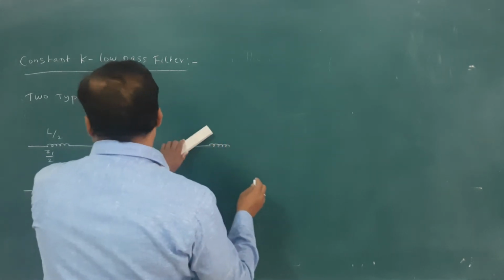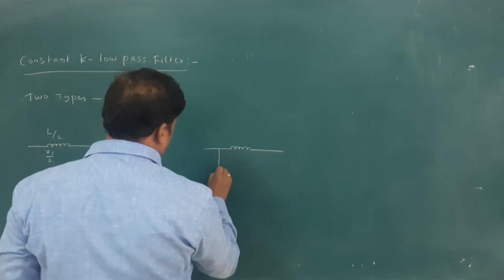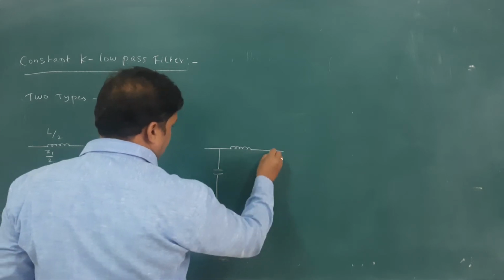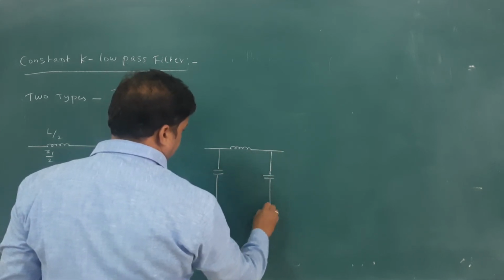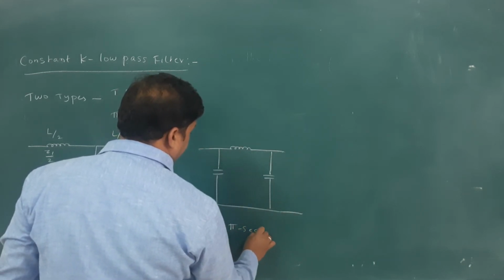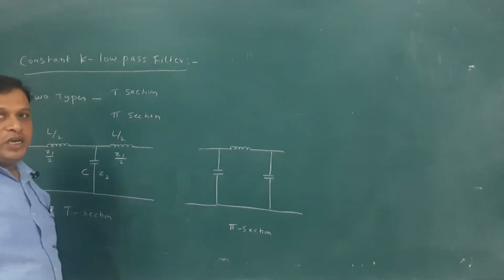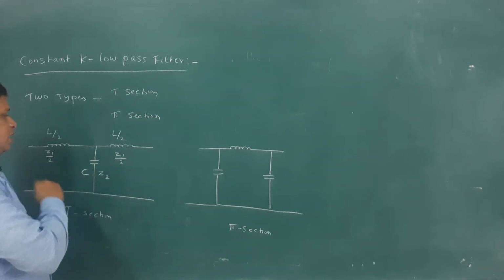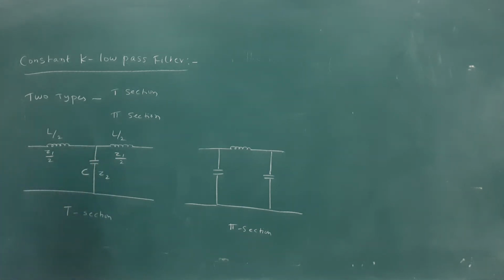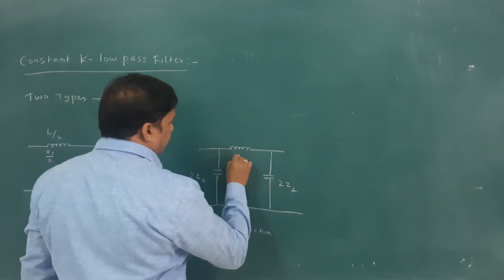The similar way we have the pi. This pi has an inductance in between and also a capacitance on both sides like this. If you have it like this, this is called the pi section filter. Now as we know, there are series impedance and shunt impedances. This is a series impedance, this is a shunt impedance. Here also we write the capacitor values, expressed now in terms of 2Z2 and 2Z2. This is 2Z2, this is also 2Z2, and this is Z1.